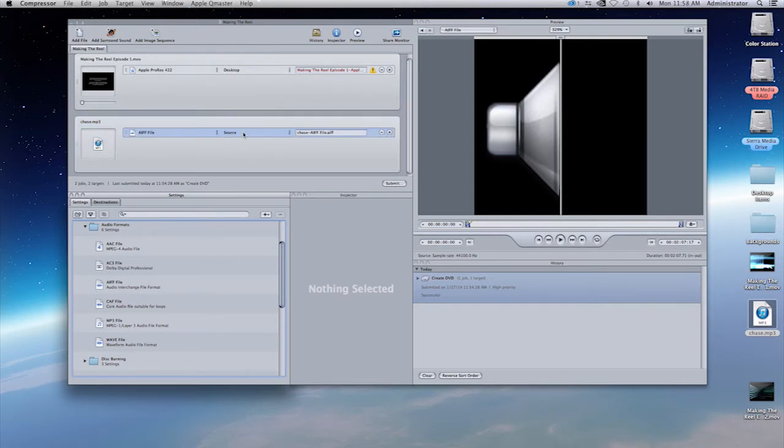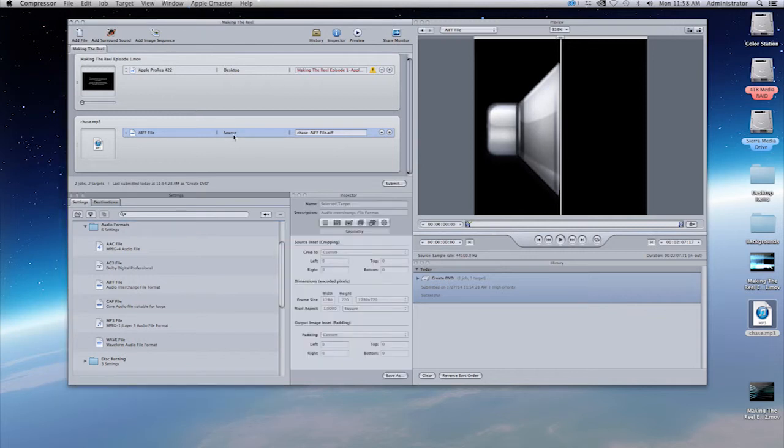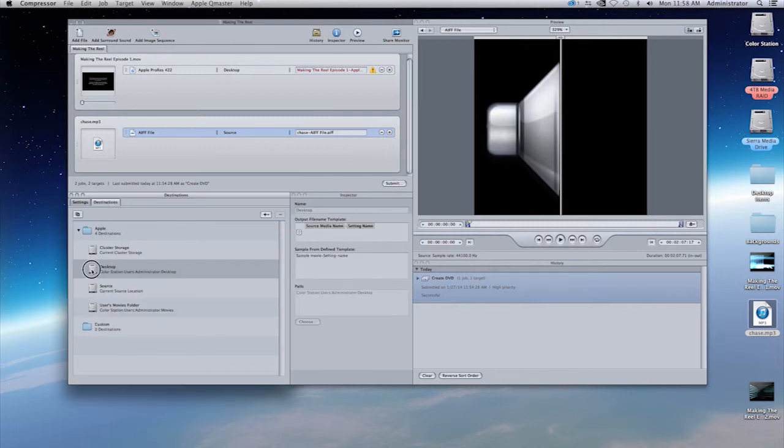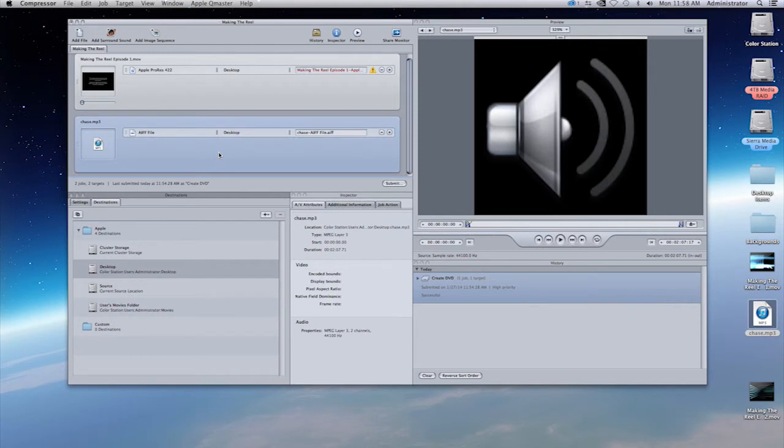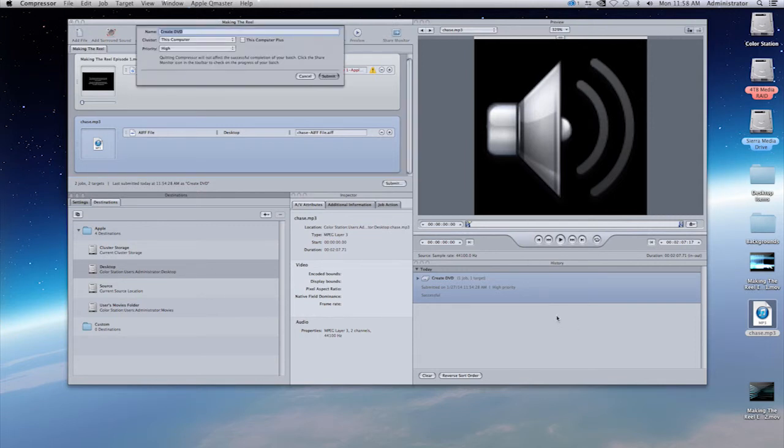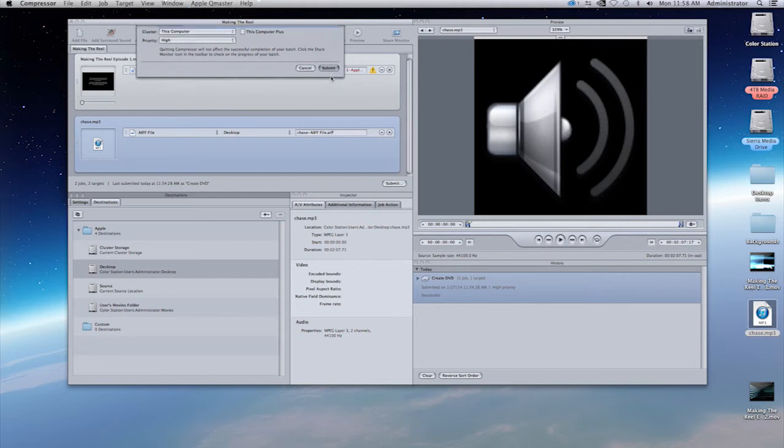Again, where is your destination? That will be source. If you don't want it to be source, again, select something else. If I were to select on destinations, select on desktop, bring that in here, and I will change to that. Select on this window. Once the window is selected, you can tell it turns dark blue or a blue. Click on submit, and down here in the history you will see the job come up. Let me click on submit here,